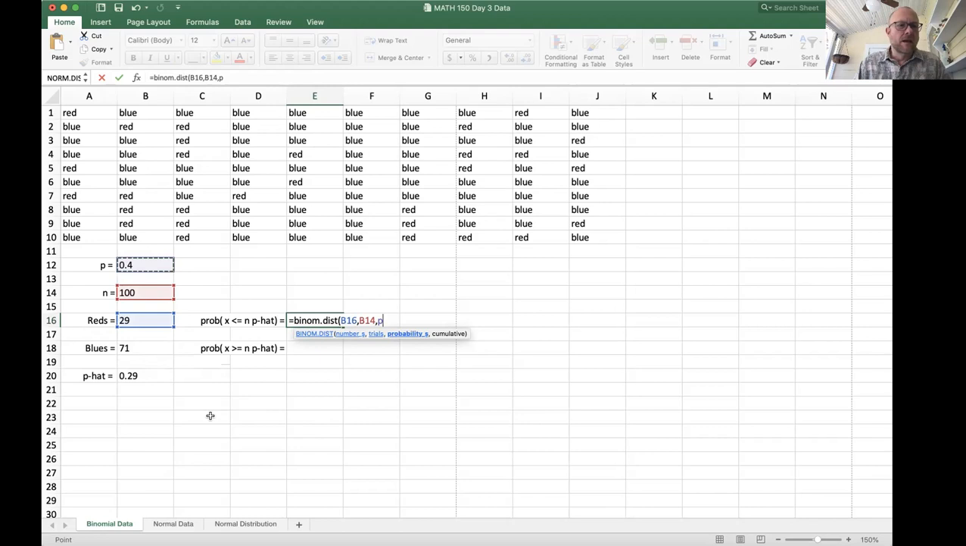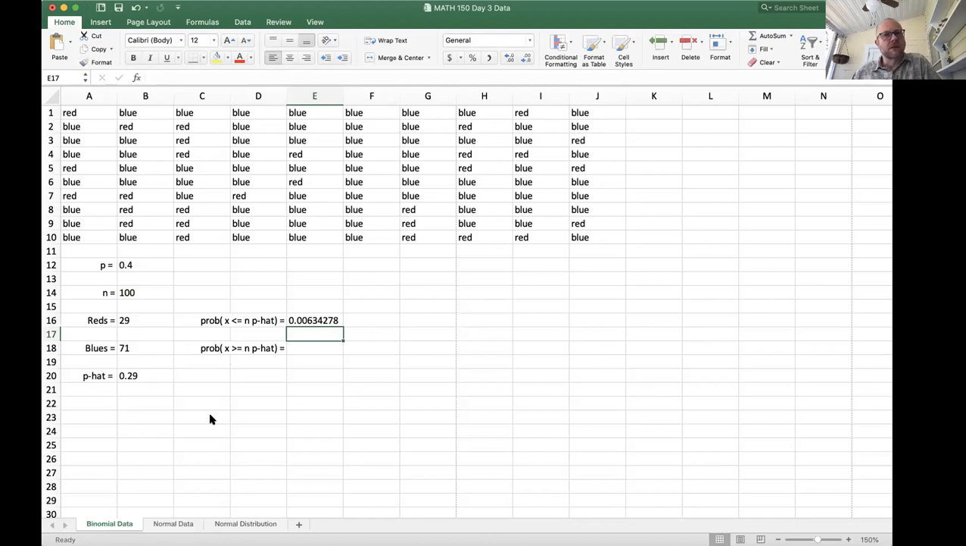So that's why we named it. And comma, this cumulative thing, right now I'm going to type false. Okay, and just hit enter. Now that's a relatively small number, but that is the probability you would get exactly 29,